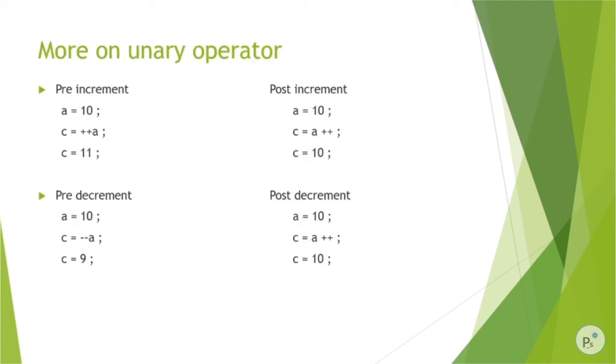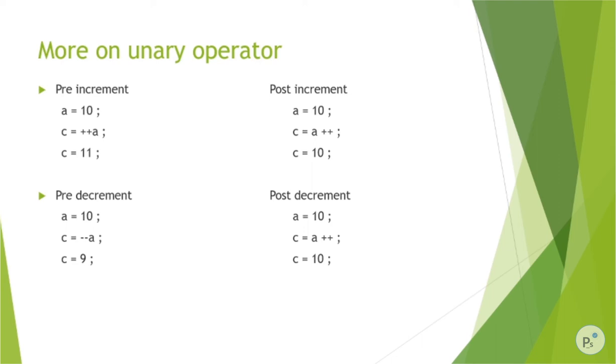Let's understand those. Let's talk about the increment operator first. As I told you, there are two types, pre-increment and post-increment. Let's see pre-increment. If you assign a value to a, a equal to 10, where the equal to sign itself is an operator. That operator is called the assignment operator. Got that? Assignment operator is used to assign a certain value to a variable. In the example, a equal to 10 means variable a contains 10.